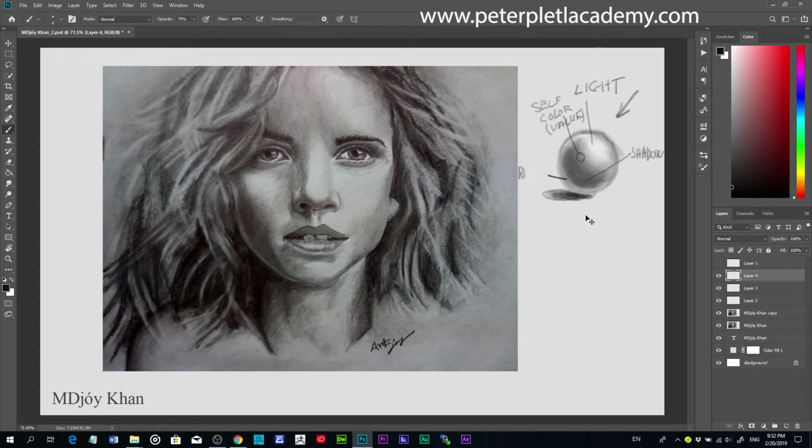Let's write here, this is the reflected light, okay, and this is the cast shadow, beneath cast shadow, okay, and this is the direction of light, okay, direction light,